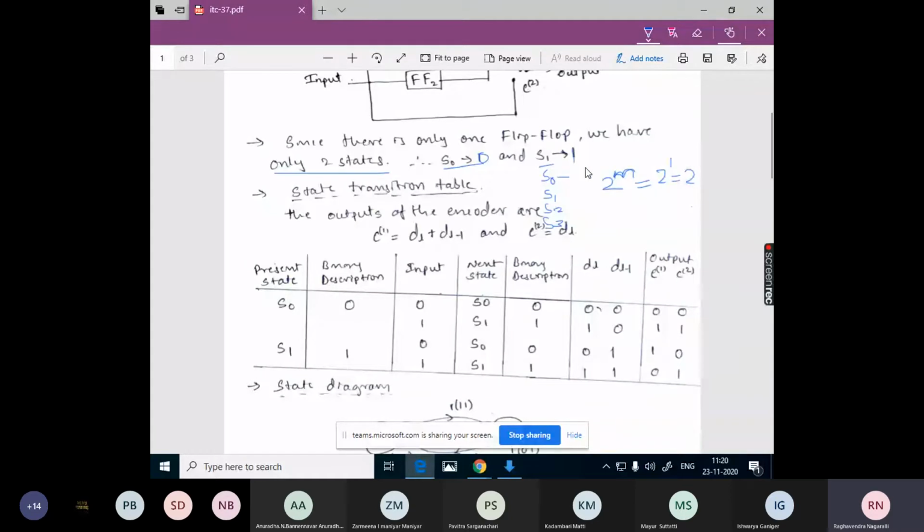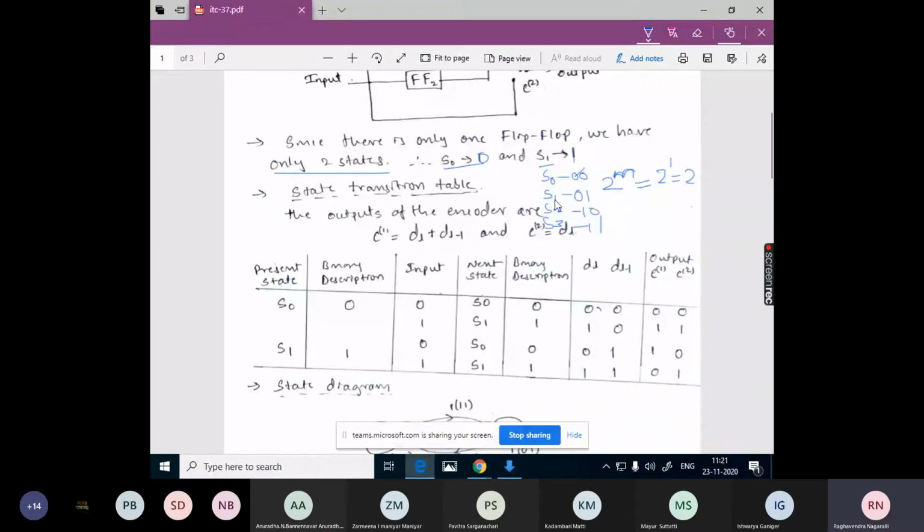If I use only a single 0, then we'll be unable to name these different states. So we will use two bits: 00, 01, 10 and 11.